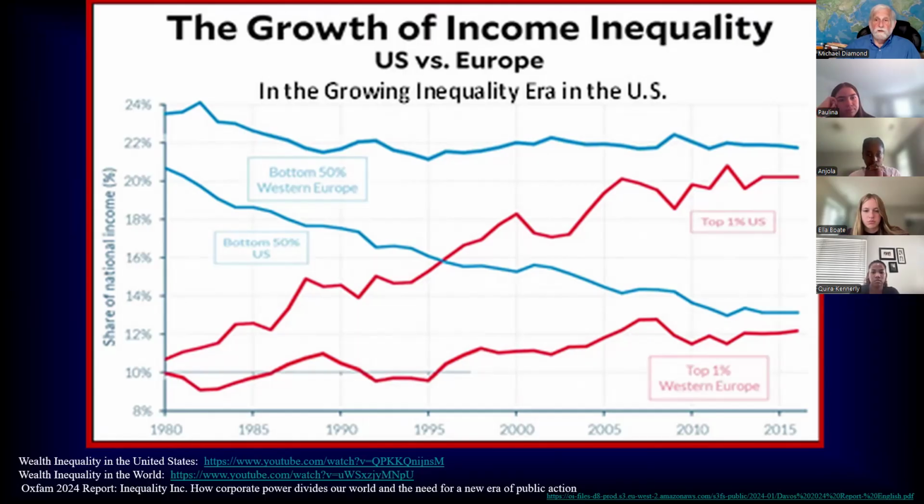And I'm sure you're all aware right now that even middle-class people in the United States are beginning to suffer because wages are not keeping pace with inflation. A lot of people are trying to maintain their standard of living by using credit cards. And slowly their credit cards are going to be maxed out. And then even middle-class people are not going to have enough resources. So if any of you have volunteered at food pantries in the last few months, you're going to be seeing a lot more, even middle-class people coming to the food pantries